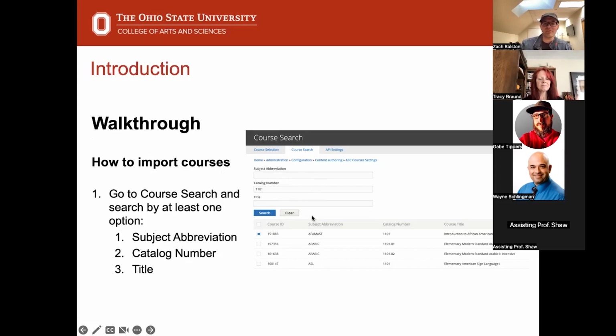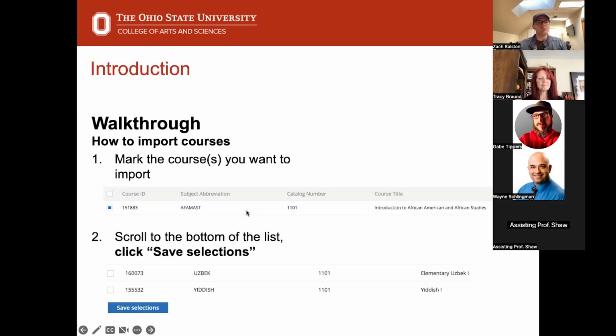For the example here, I just searched 1101, a very basic thing, and I got a bunch of different course offerings from different departments. I was interested in importing the very first one here, Introduction to African American and African Studies. Once you've searched for that, we're going to go through the actual process of getting that course imported into the site. Once we've found what we want, which is going to be this 1100 course,